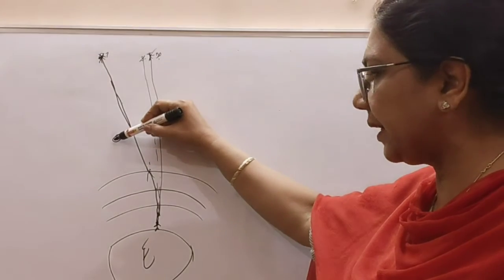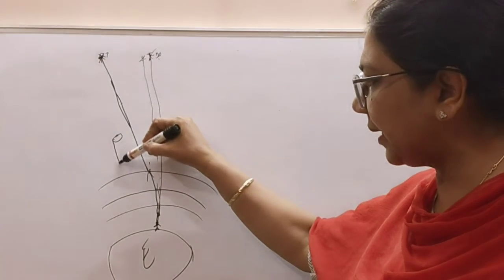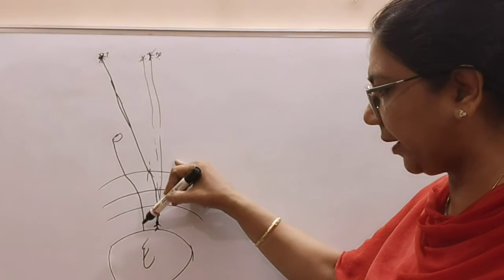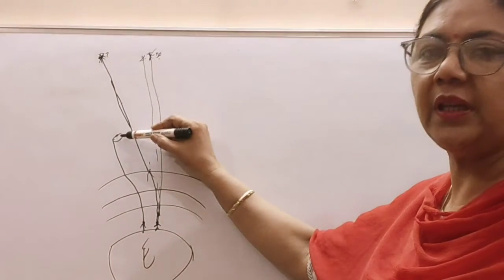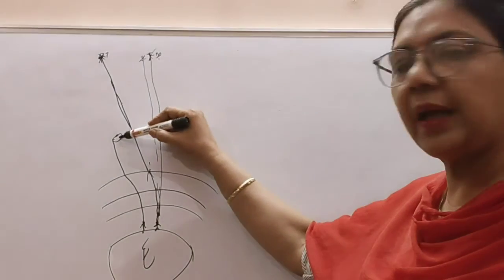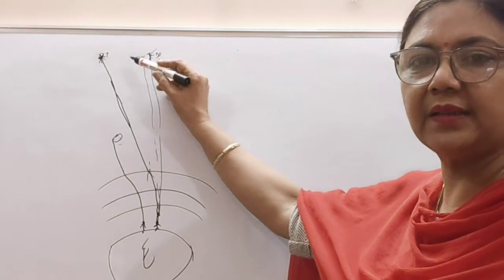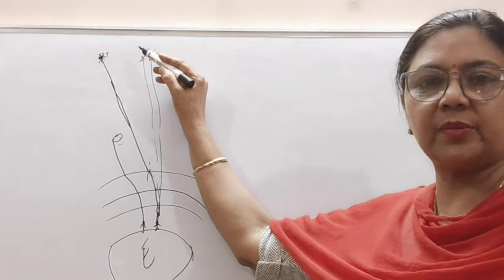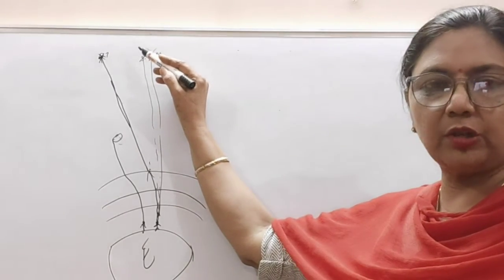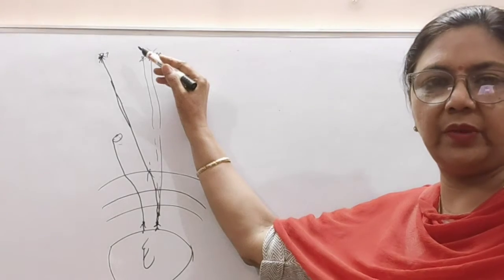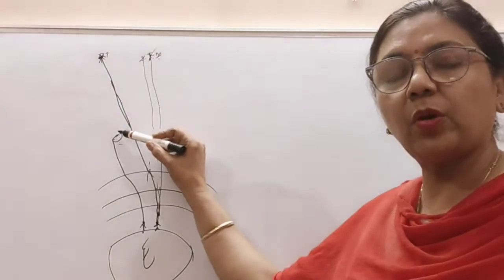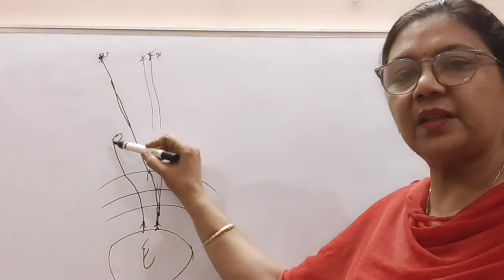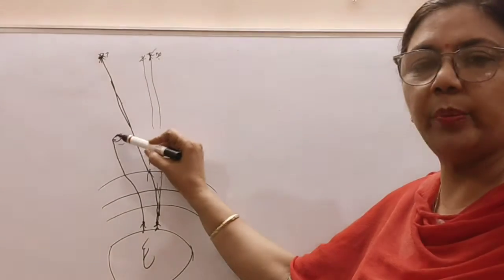When the light rays enter, they will refract again and then enter into the eye of the observer. I am just showing this because it is nearby. So what will happen? It seems bigger than the star, though we all know that stars are bigger than the planets. Planets are very small. Our sun is also a star, which is very big compared to a planet. But because planets are nearer to our eyes, nearer to the earth, it seems bigger. So it seems like a combination of stars.